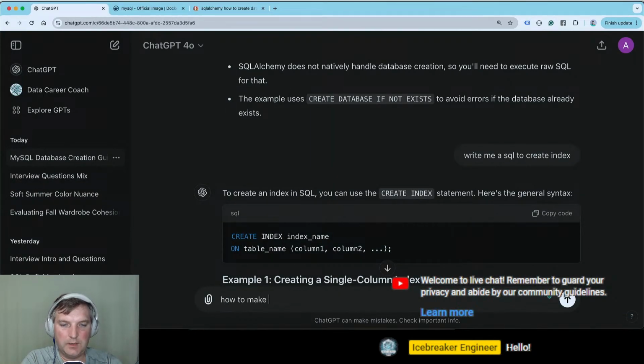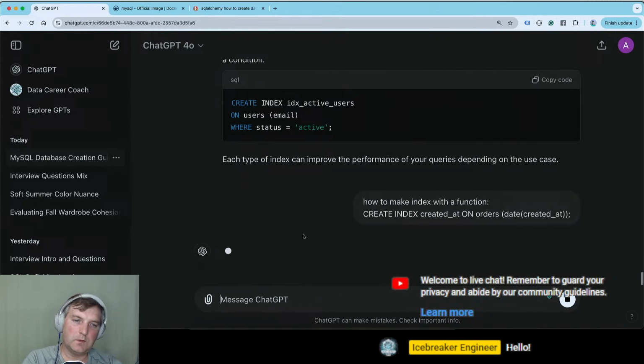How to make an index with a function? Is it possible?